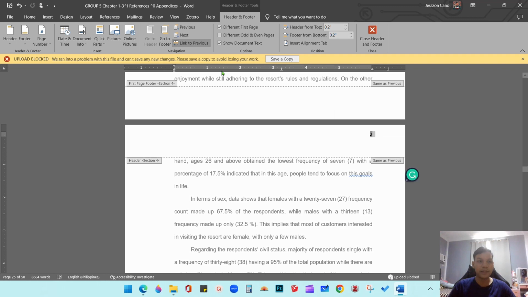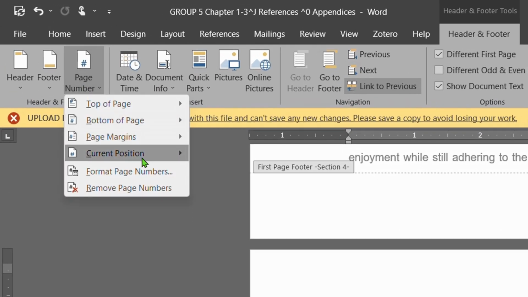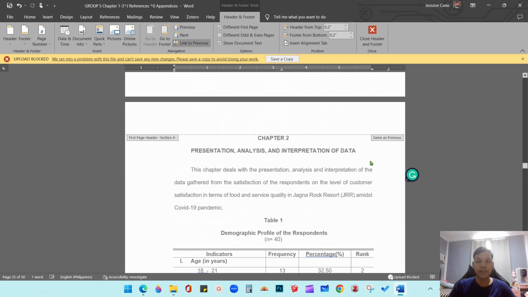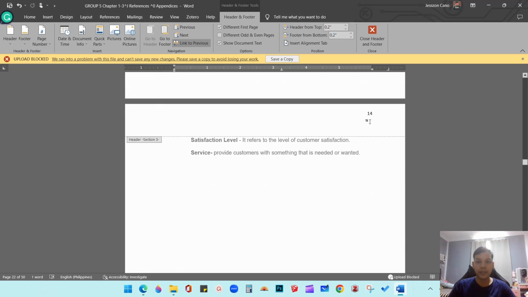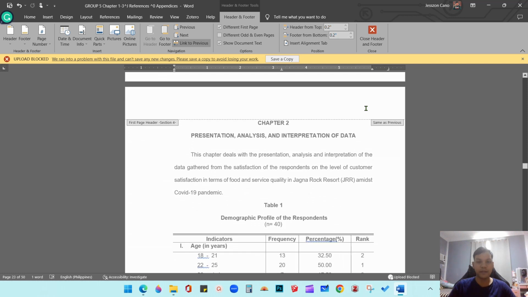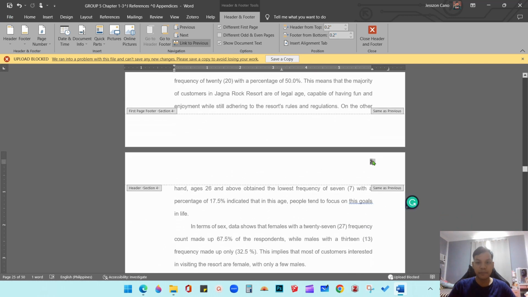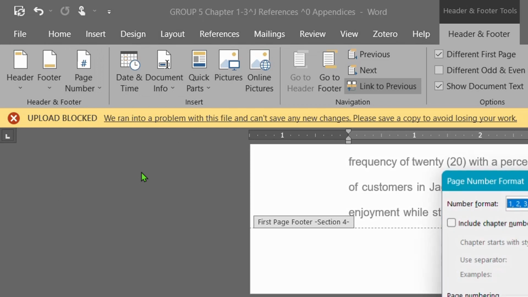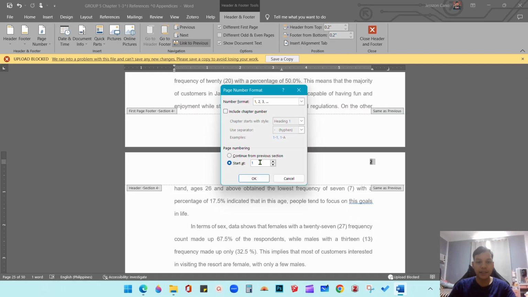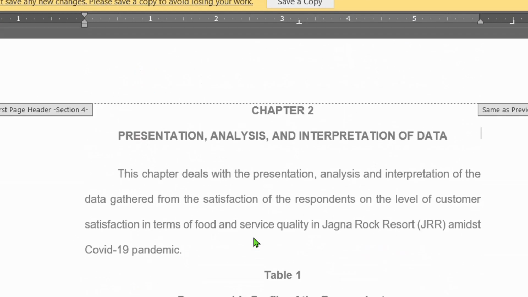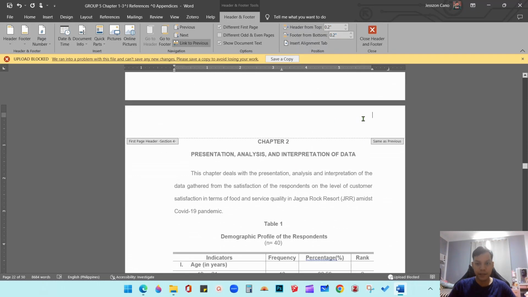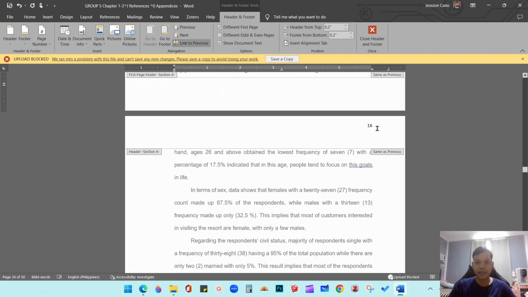You need to highlight this one, the page number, click Format Page Number, Start At, okay, we will just have a review. This is page 14, so this is page 15. Though this is page 16, this is another section, so we need to change it to page 15, not 16. Start at 15. Once we click that, we will have a review. 14, 15, and it is hidden, and then it is 16,